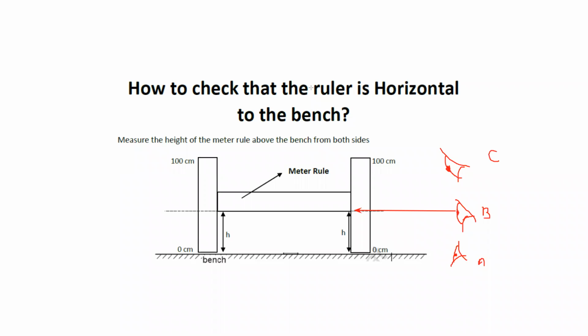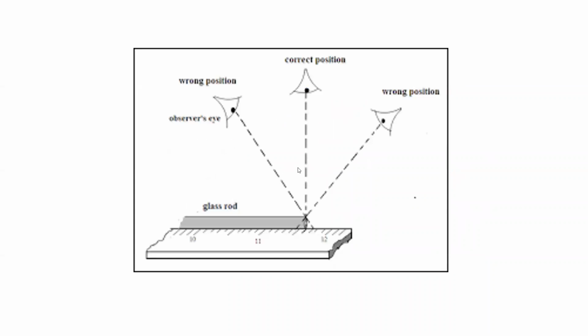The term which we normally use, we don't say we are looking straight. That's not the correct term. You should always mention look perpendicular to the scale. Perpendicular means 90-degree, like you are looking from here and the scale is in this manner, so the angle between the scale and your eye line is 90. So we call that look perpendicular, to avoid a parallax error. So this is how we normally use a ruler or a scale.